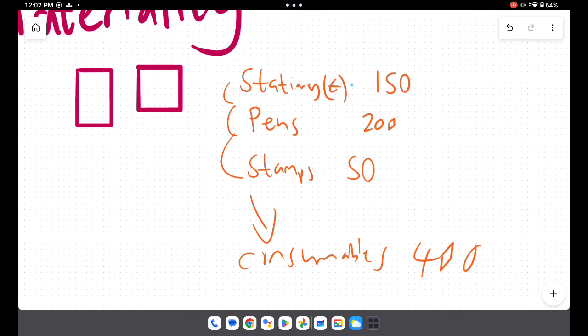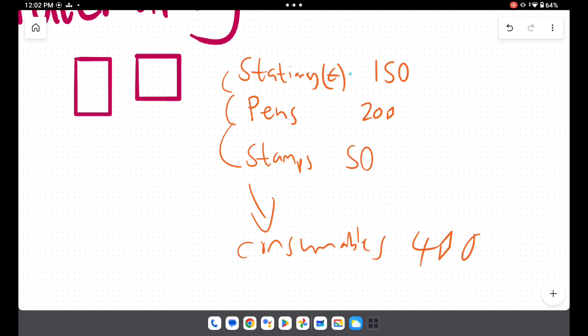If, instead of putting three separate accounts like this, I just put in one account, will it affect my decision making in the business? No, this won't help the decision maker here. They're small amounts. However, if your stamps were, for example, 50,000, then 100% it will affect it, right? Because you need to know, stamps 50,000, that's a lot you have in your business. So now you have to only put these two together and leave that out, because now this is actually material. It's actually worth having a separate account.